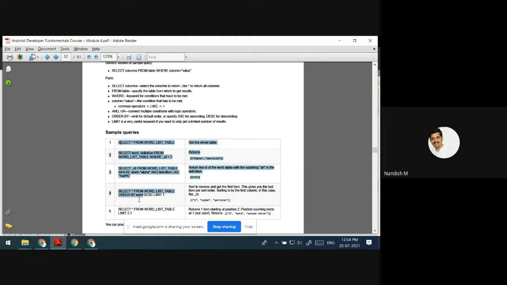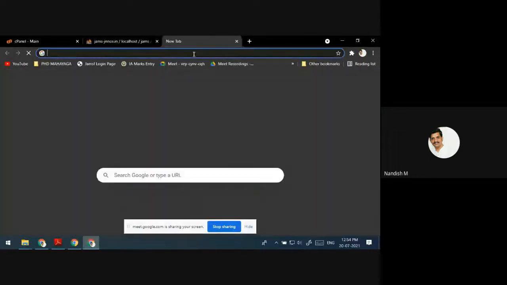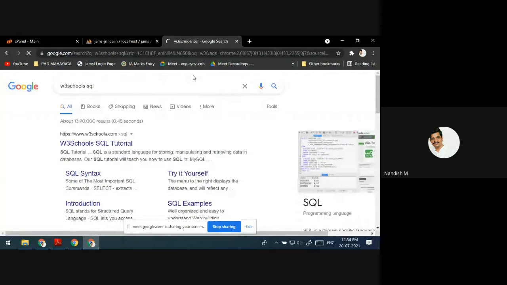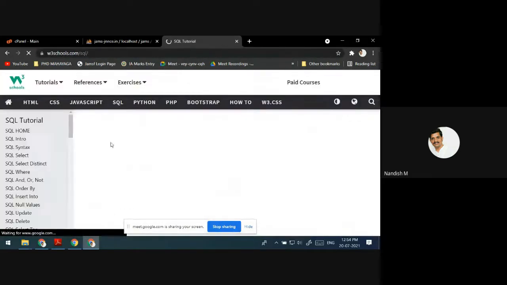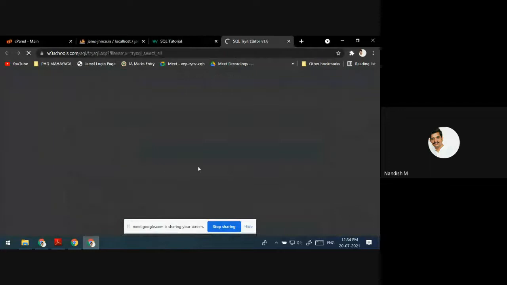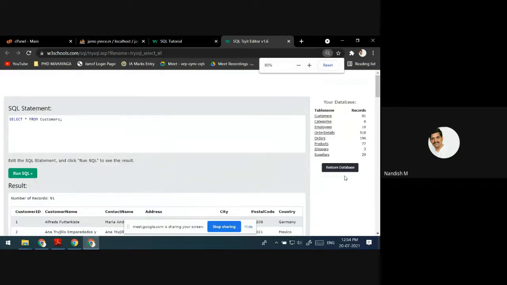These are sample queries. These things you can try on this website, W3 Schools SQL. Here you can click on Try it Yourself, and you can learn SQL. You can practice these things.